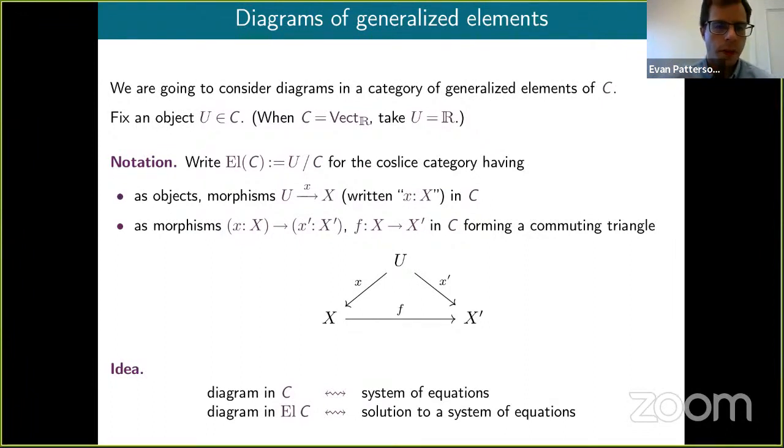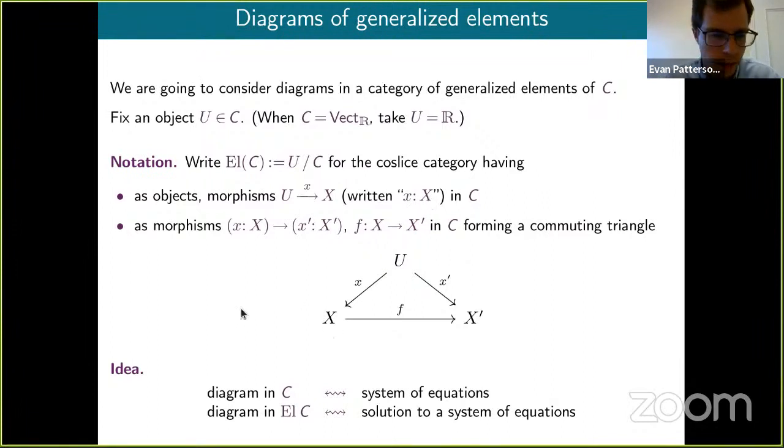So, if C is Vect, the most obvious thing to do would just be to take U to be the one-dimensional vector space, so that maps out of U are just vectors. And we'll write L of C for the co-slice category associated with this. So to remind you, the objects of this are morphisms out of U, and the morphisms between such things are commuting triangles. And so we're going to write this morphism U to X in this suggestive, type theory looking notation of